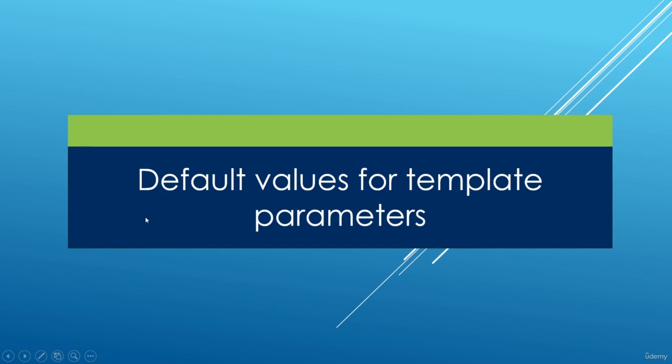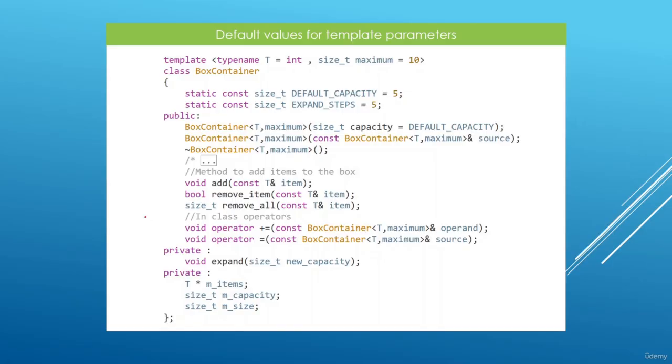In this lecture, we're going to see that we can specify default values for our template parameters. And this is going to work whether you use type parameters or non-type parameters, as we see in our box container class template. The way you set up default, you use equals and you specify your type or your value. This is going to be picked up by the compiler every time you create objects of this class,